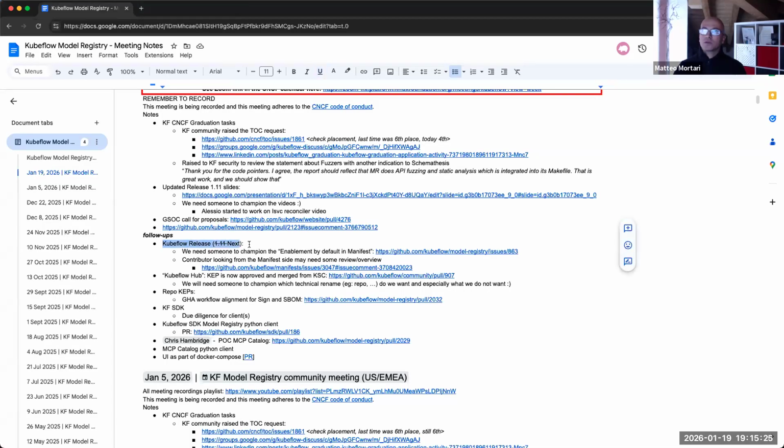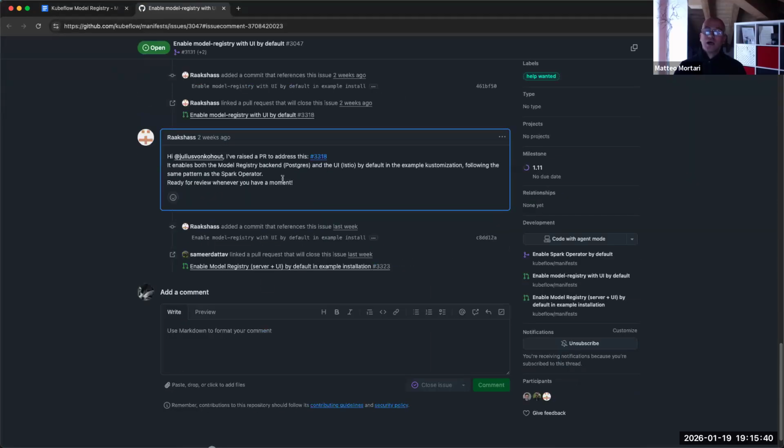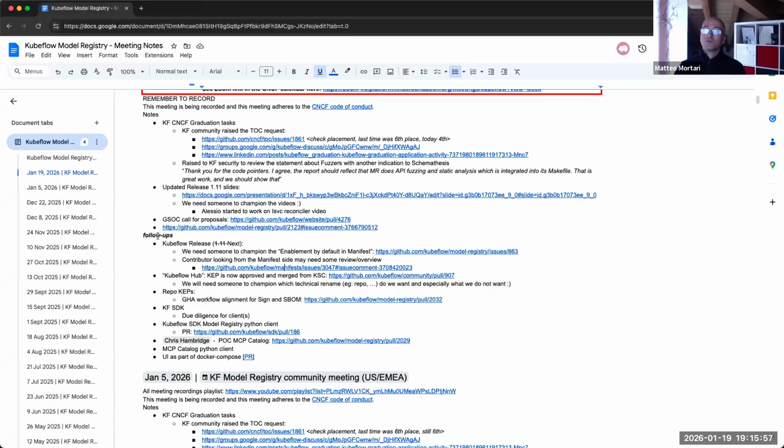For the Kubeflow 1.11 release, or actually now next, especially to the UI team, I want to mention that there is an individual contributor that is trying to look at what it will take to onboard this one. From the backend point of view, there are no more questions about those manifests, but we would really need somebody from UI to tag along and check that the contributions being made there are satisfactory.